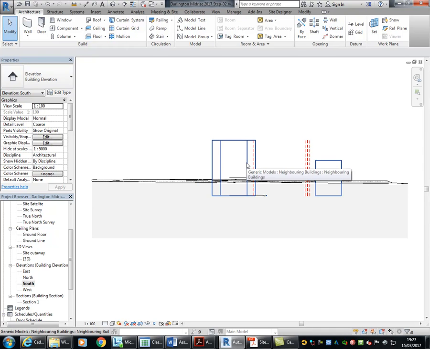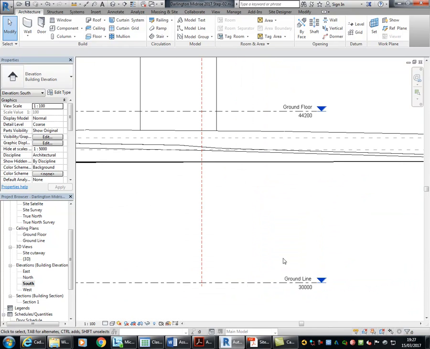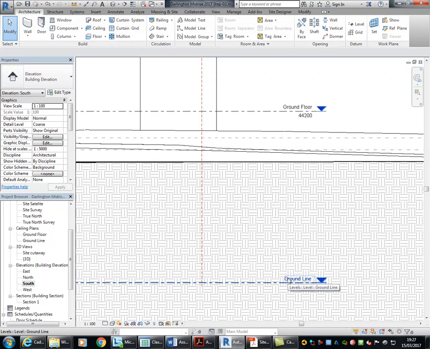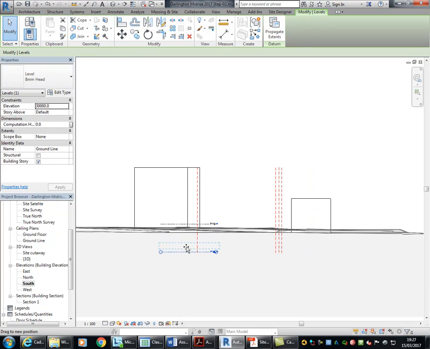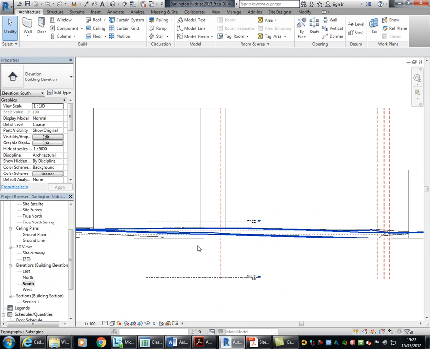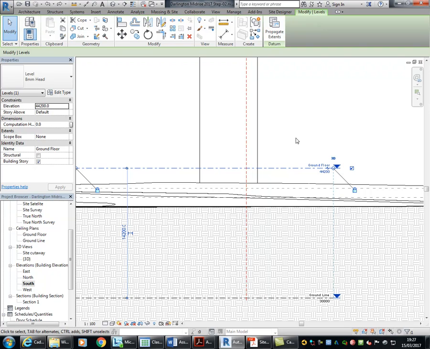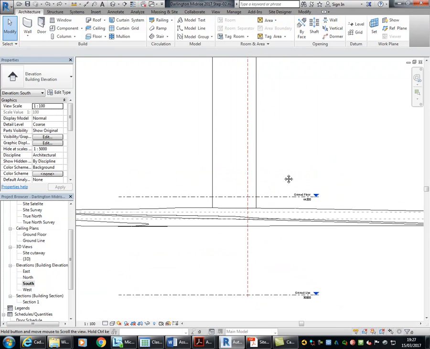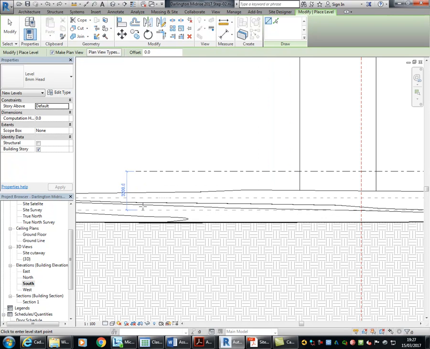Going to the south elevation. Oh yes, okay, I've deleted all the levels, so that's good. I've got there the ground line level, so you might remember that one usually you want to leave alone because it's probably hosting all sorts of things like the other buildings. Yep, it is, so you can see it'll move those things, so usually try to avoid touching that one. But then ground floor here is probably pretty close to the height that I'll have for the ground floor. And then I'm going to go make a new level just with the level tool below